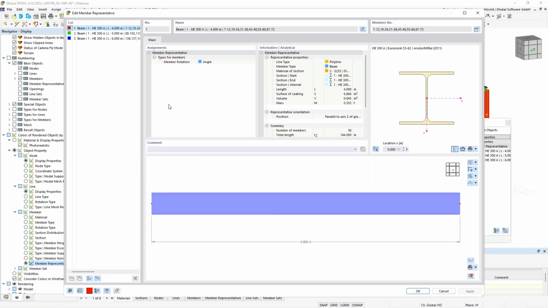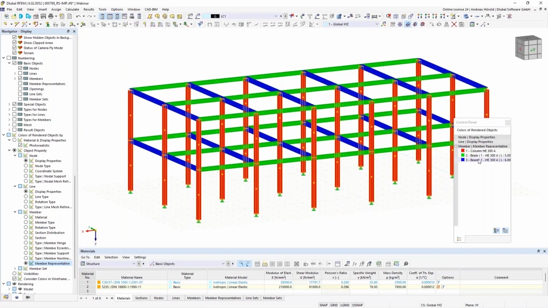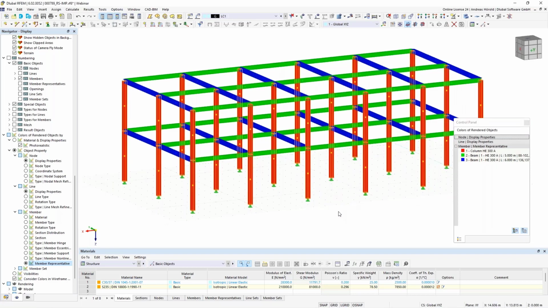If I click on such a member representative, I can edit the name here. For example, call it column HE300A. Okay, and I could do that for all. So that's one possibility, but the